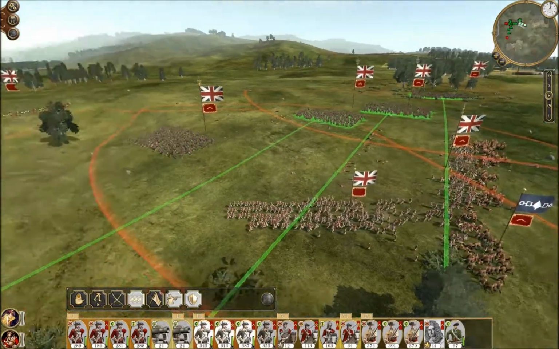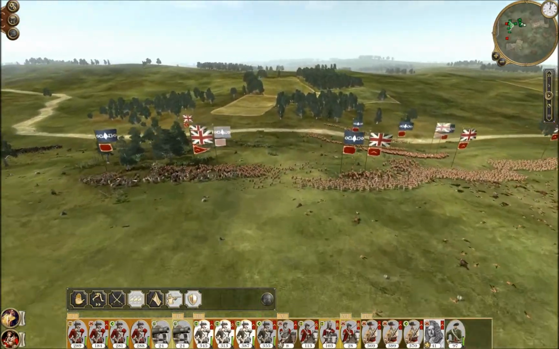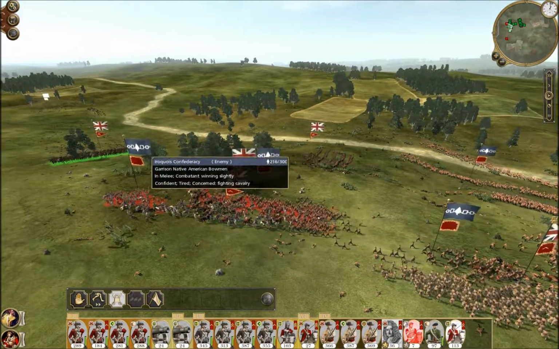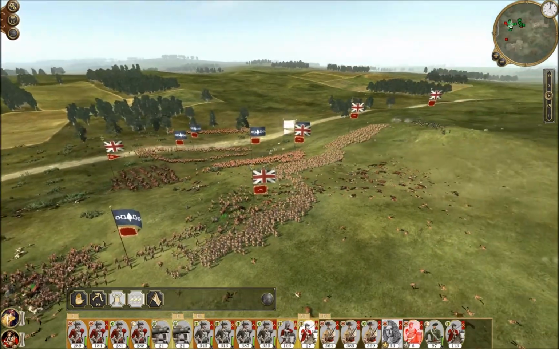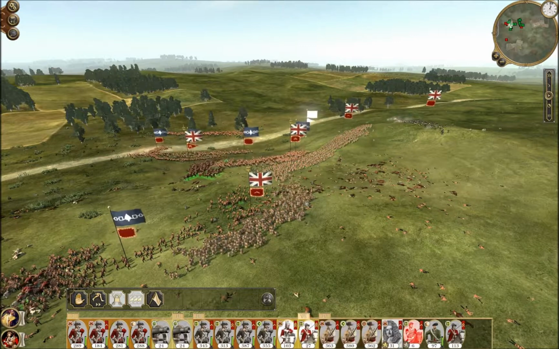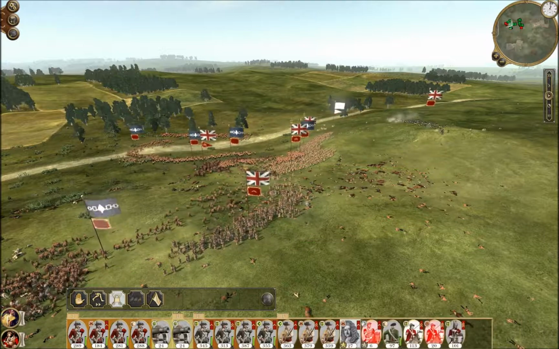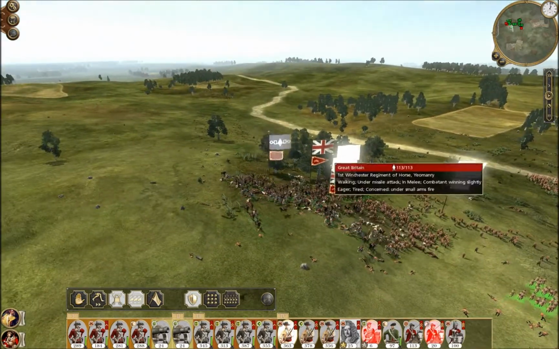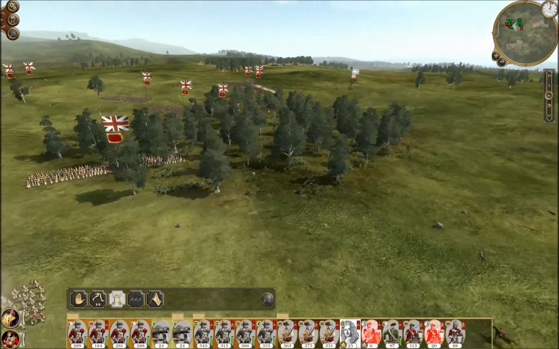This battle wasn't as hard as I thought it was going to be, because he's on the edge of the battlefield and he's had to deploy. My cavalry's getting quite tired actually, and they'll take lots of losses then in that case. Let's withdraw them. Can't afford to lose cavalry at this stage. They're so crucial to defeating